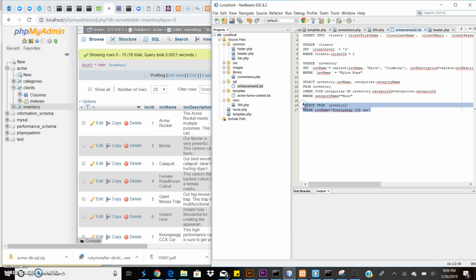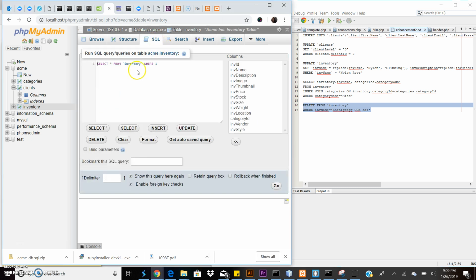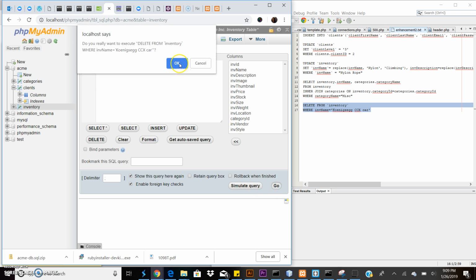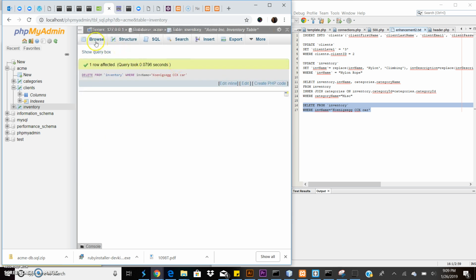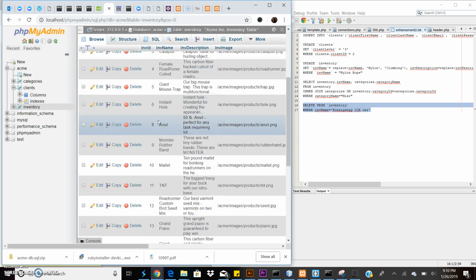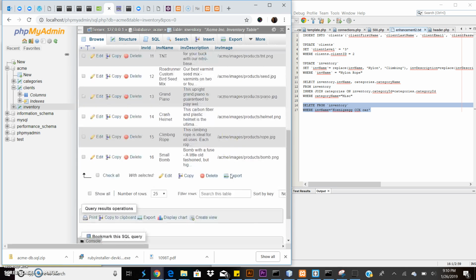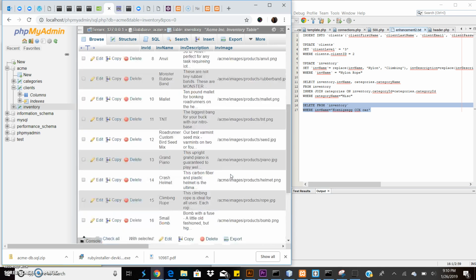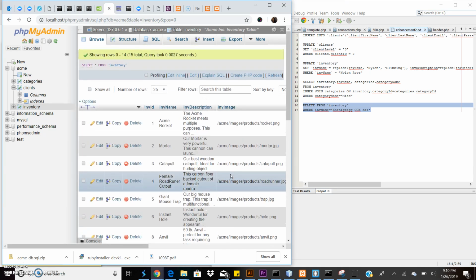And then we're going to delete from the inventory. So we're staying in inventory, and we're going to delete this inventory name. So I'm going to hit go. And it's like, do you really want to delete it? I'm going to hit OK. And then when we hit browse, we're not going to have that car there anymore. Oops, as I continue to scroll. So that car is not there anymore. It ended up working out really good this week, so